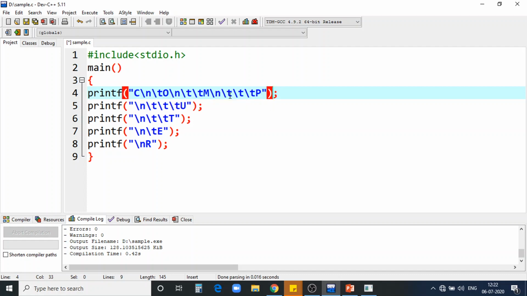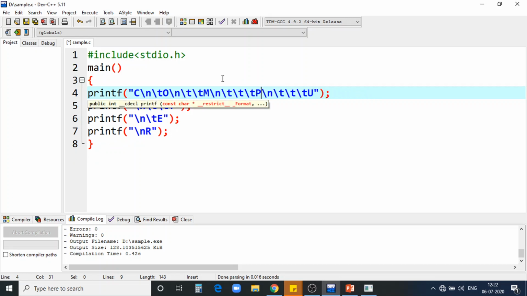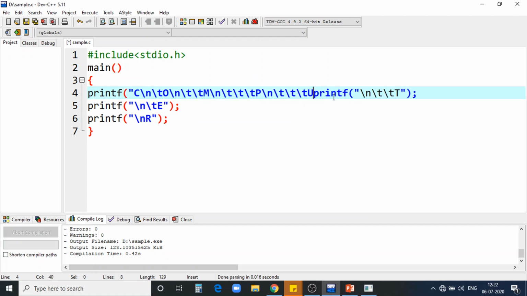So I can define everything in a single line. It is our wish. Based on our requirement, you can define whether you want it in a single line. Only to make it easy to understand, I write in different print statements, instead of mixing everything in one line. The output is the same. It will not change if I write in multiple lines or a single line.